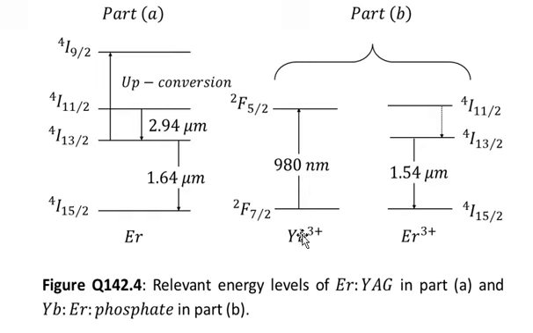And alongside I have shown the two levels of the ytterbium ion. The ground state is 2F7/2, and the upper excited state is 2F5/2. And the pumping is done at a 980 nanometer wavelength